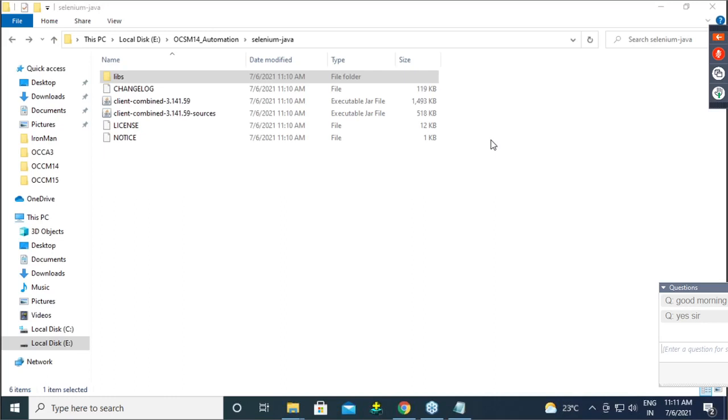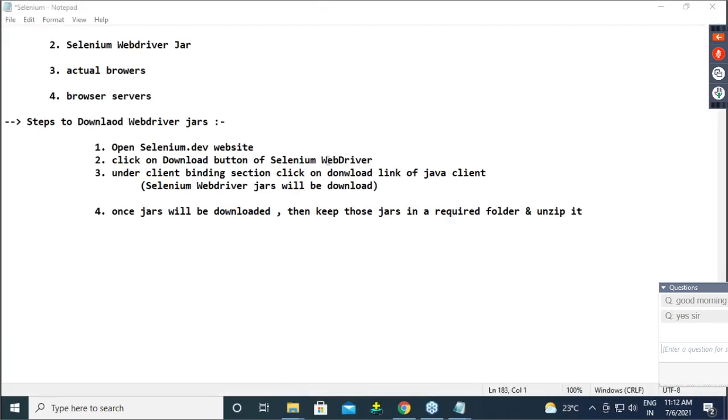So guys, firstly, note down the steps. Steps to download WebDriver jars.